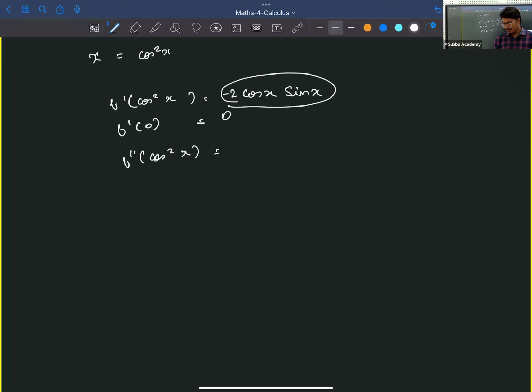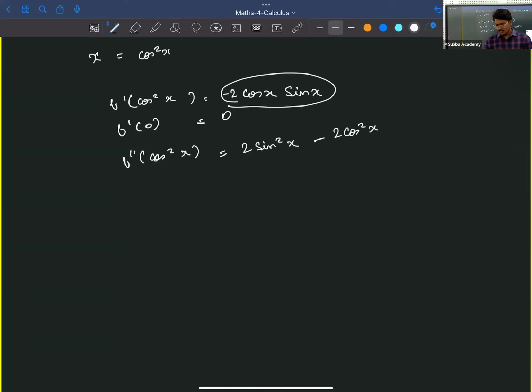So when you differentiate this term, what you get is minus 2 into u dash v plus v dash u. So minus 2 into cos x, differentiation is again sin x, minus cos x sin x, so you get 2 sin square x. Plus, sorry my bad, minus, again minus 2 cos x is there. Now keep minus 2 cos x as it is and differentiate sin x, you'll get cos x, so cos x into cos x, cos square x, so minus 2 cos square